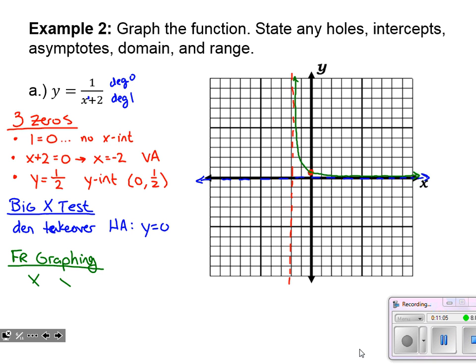Okay. And really here, I only need one more point. The table doesn't have to be really excessive. I'm going to pick one that's close to my vertical asymptote, and it would be nice to choose an x value over here to the left, because I already know what the graph is doing to the right of that vertical asymptote. Let's try when x equals -3. Well, if x equals -3, I'm going to plug that into the very beginning here, since I couldn't simplify it at all. If I plug in a -3, I get 1 over -1. So my y value there is -1, and now I have that point on the graph where I can extend the graph being drawn towards those asymptotes in either direction. There's our graph.